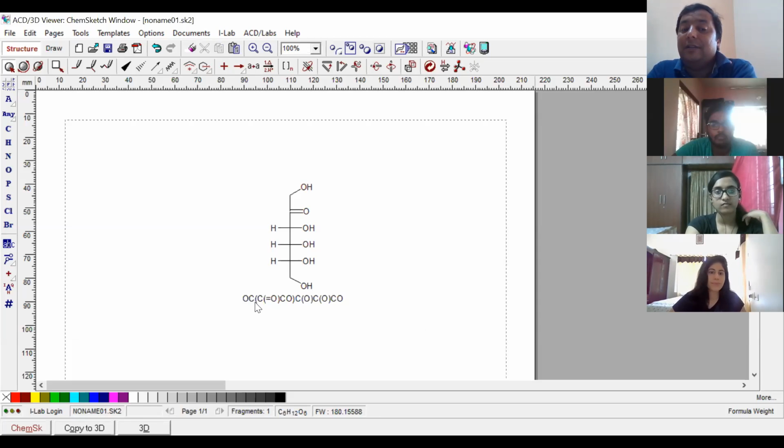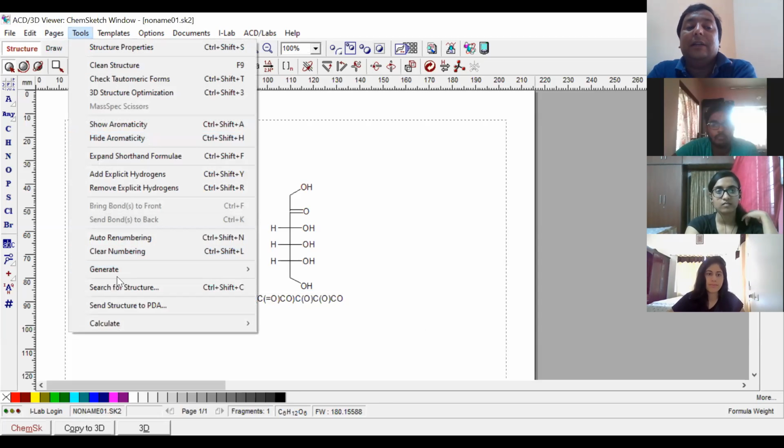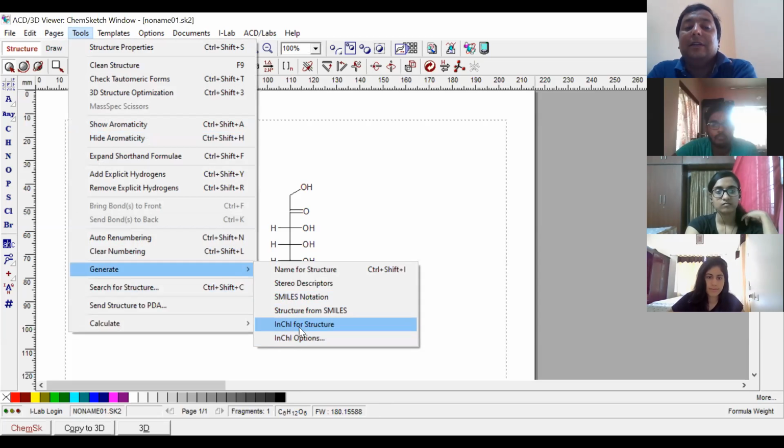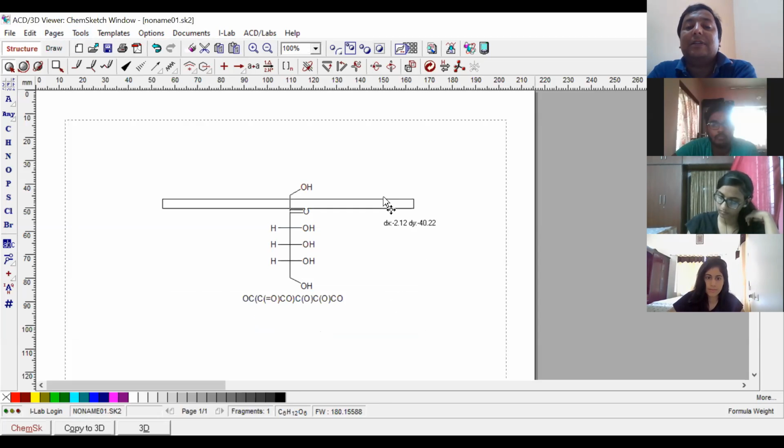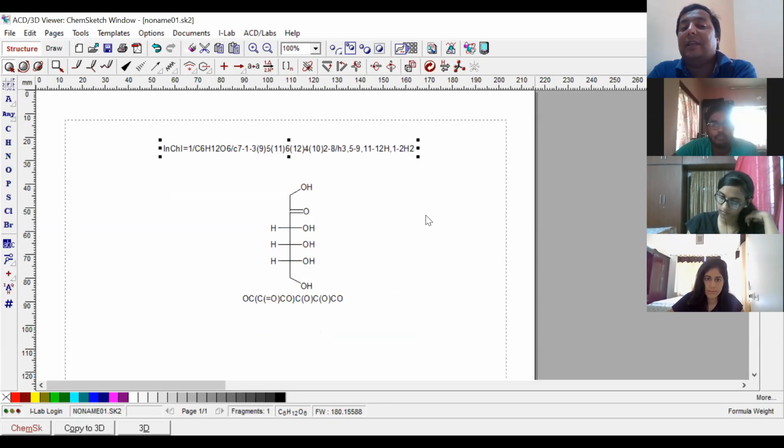So here this OC is connected with this C and then a double bond is there. So this is SMILES notation. The main important thing is the tool. Then generate another, the InChI option, InChI of this structure. This is the InChI. InChI is the International Chemical Identifier of the compound.